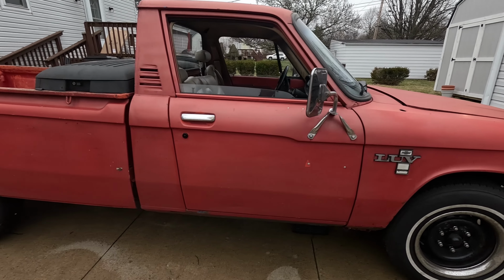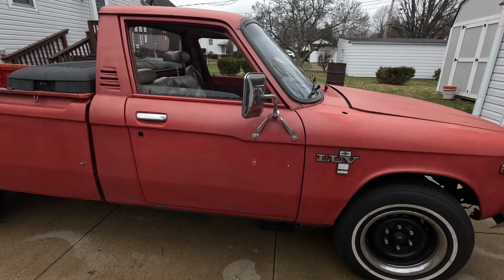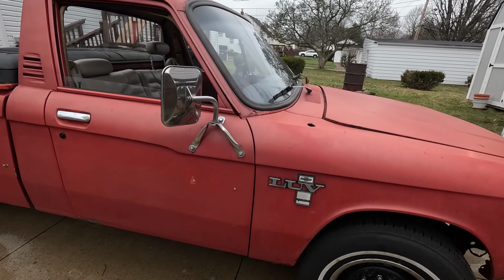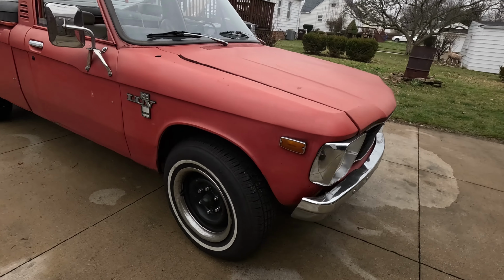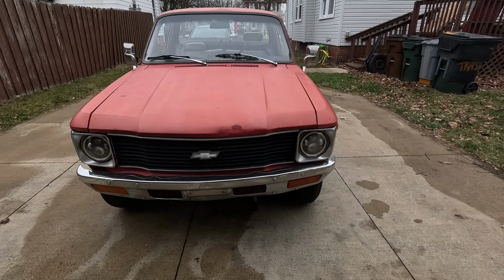Anyway, passenger side, a lot better than the driver's side. Again, dumb mirror, can't stand it. Yeah, and you got more of the old rust bubblies there. Yep, we didn't see it, just breeze over that. And we'll come around the front right here, and we've got